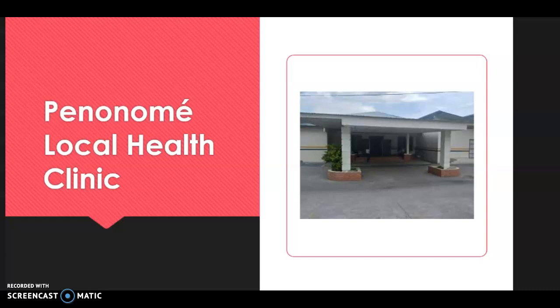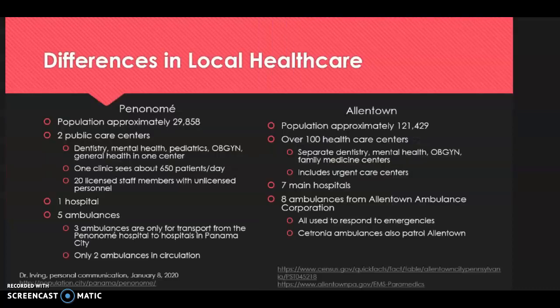We also then, the next day, went to the Panama local health clinic. We were lucky enough to have a tour from a few of the nurses and Dr. Irving, who ran that facility. And from that tour, as well as our own personal research, we then discovered the differences in local healthcare in